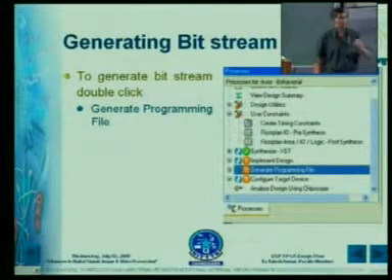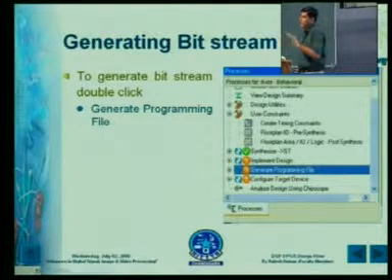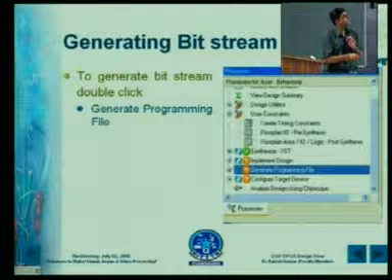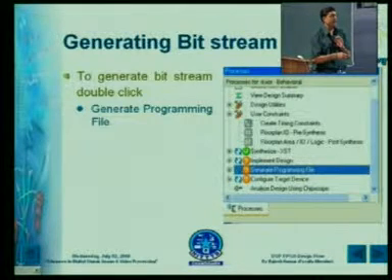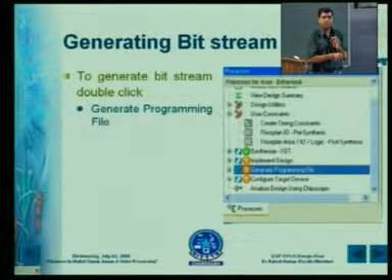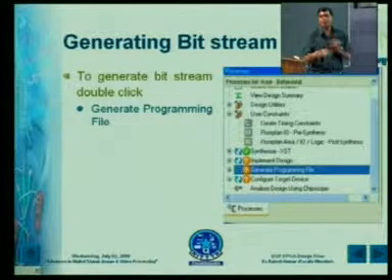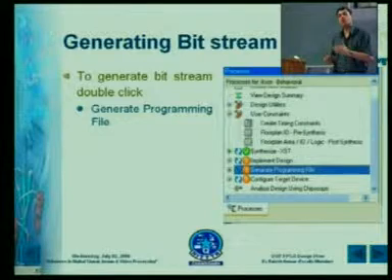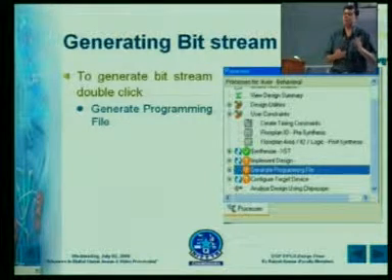Once your UCF file is saved, the next thing you can see is implement design. Either you can double click this one, or you can double click generate programming file. If you double click generate programming file, it will automatically implement your design.